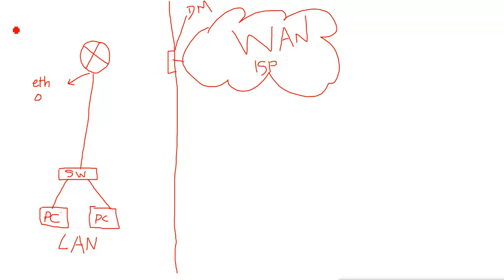That means you are the administrator of this environment. The responsibility division is from your network to the service provider, and we can assume it is the wall of your building. So it is the demarcation point. Outside the demarcation point, the responsibility of the network will be on the ISP.